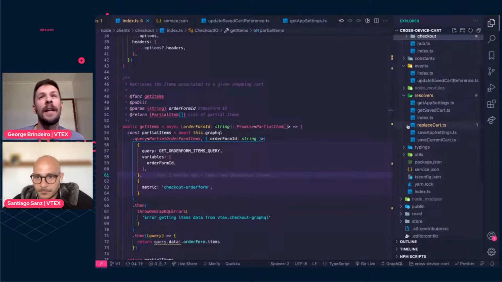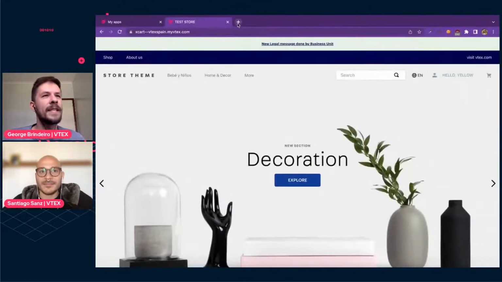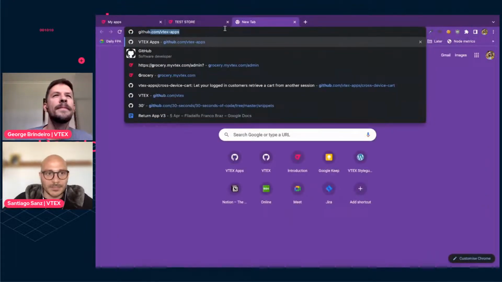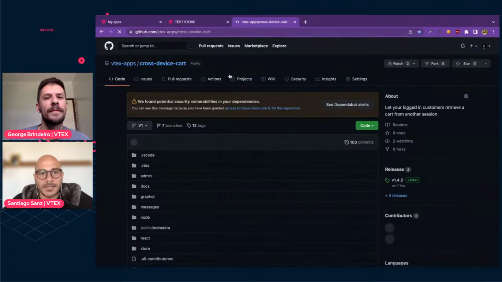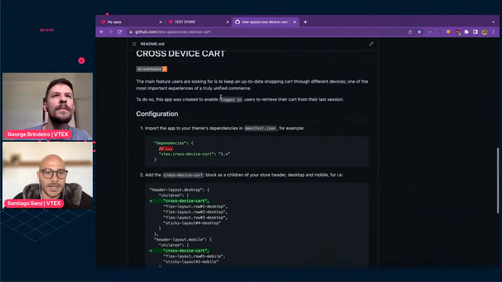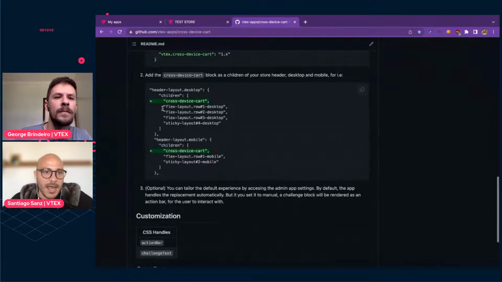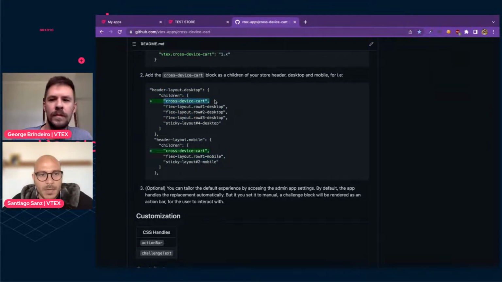Really nice. And is this code for cross-device cart available for folks to test out right now? Yes, totally. This is in VTEX apps as the cross-device cart. It has the information here that it enables logged-in users to retrieve the last cart information and how it works, because sadly there is no way to